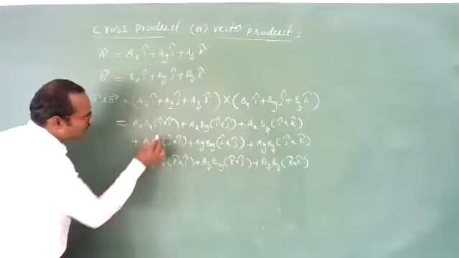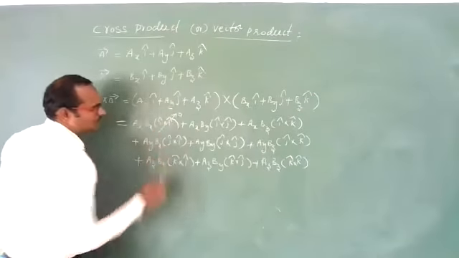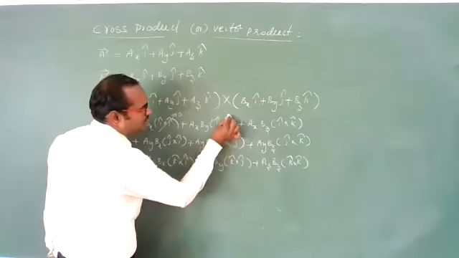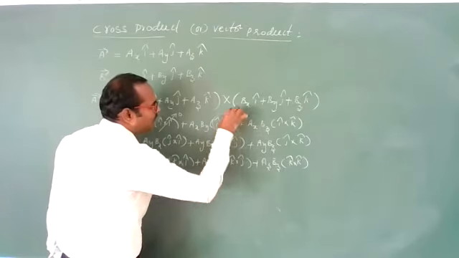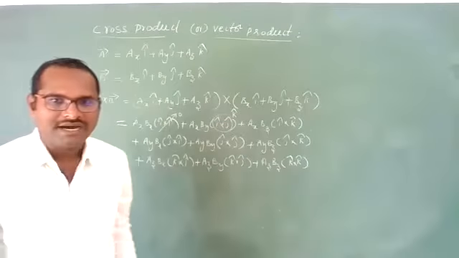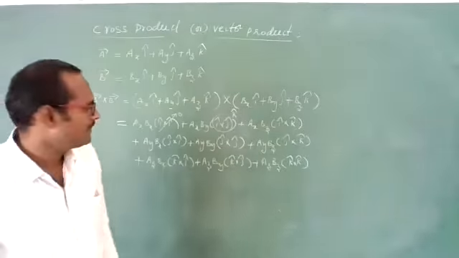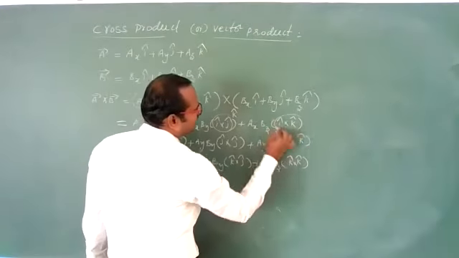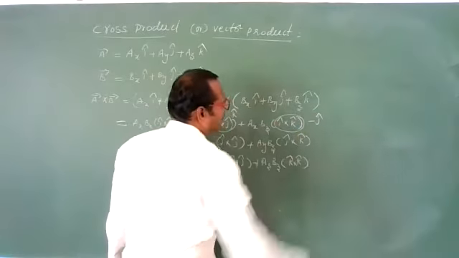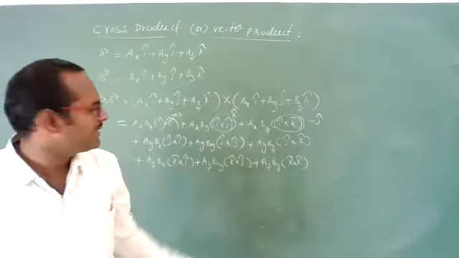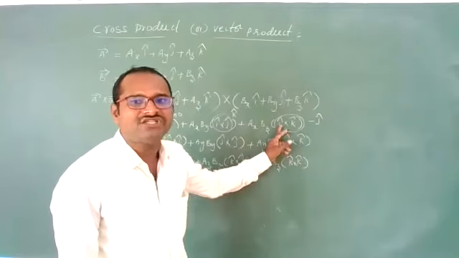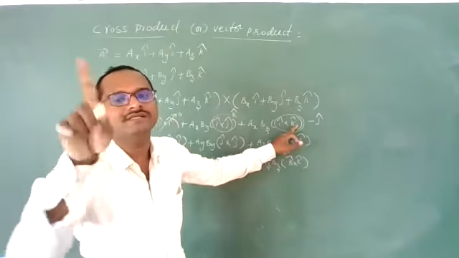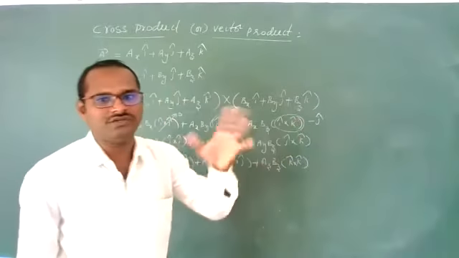Now students, you know I cross I is 0. Do you know? Yes. You know I cross J gives you what? You will get K cap. Just now we have discussed. I cross J gives you K cap. Now I cross K gives you what? I cross K gives you minus J cap. It is in reverse order. It is not in a particular order. I after J should come, then you will get K. But K came. Means the third one, J with negative sign. Like that you remember.